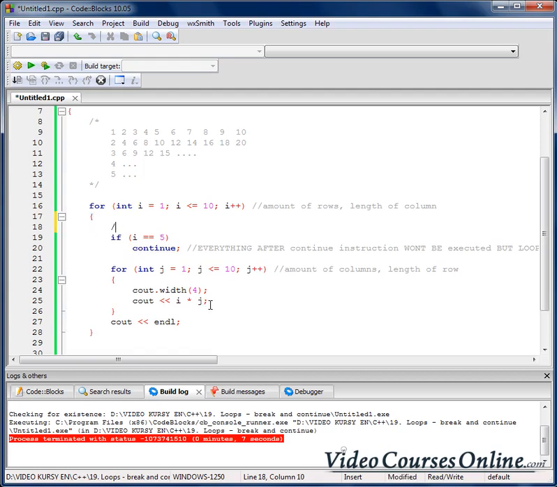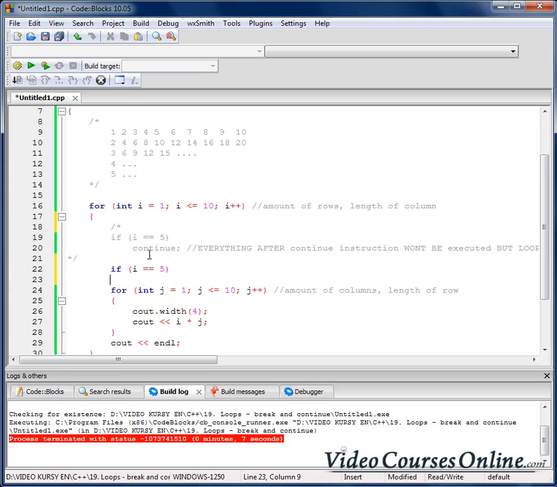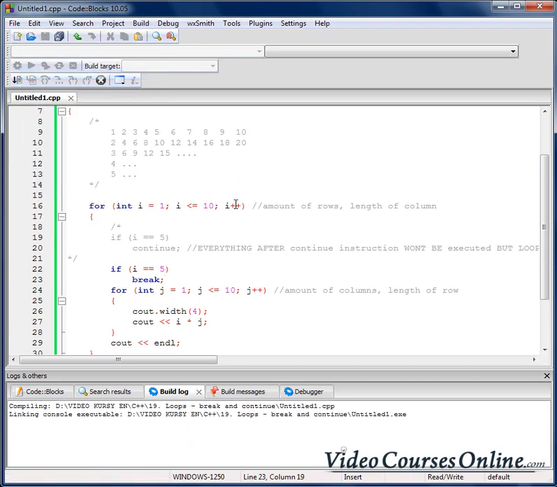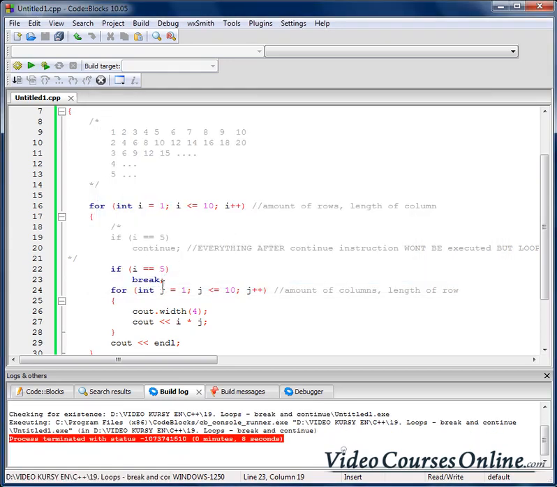Okay, so this is the continue instruction. It works like that. Now I'd like to tell you about the break instruction. What will happen when I do something like that? Break. As you can see, we can't see anything after the 5th row anymore. So break works like this: everything after break won't be executed,